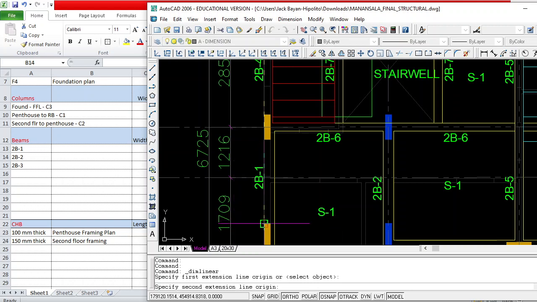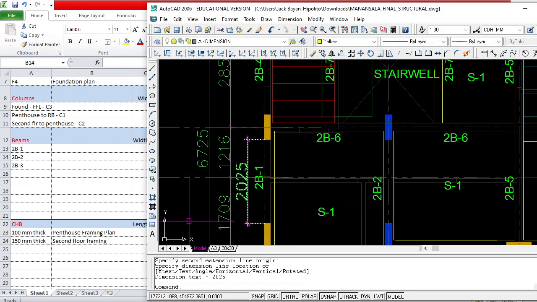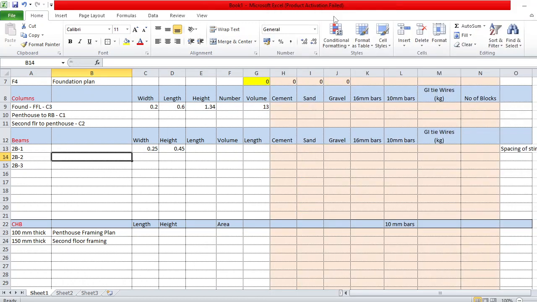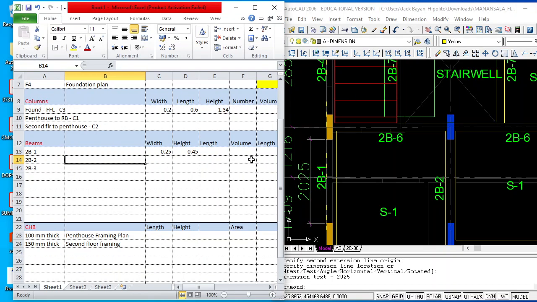When you go back to Excel, you will put its length as 2.0. The length is 2.025. So, therefore, its volume is equal to this, times